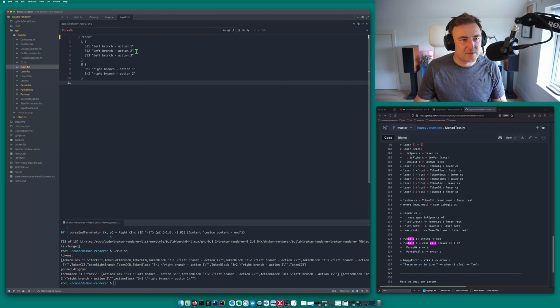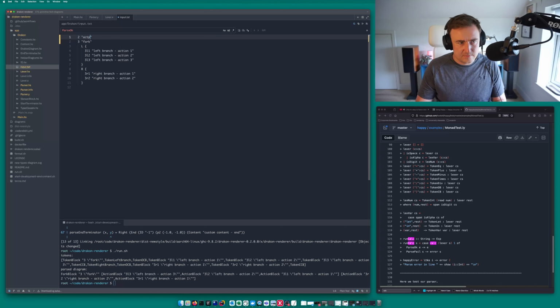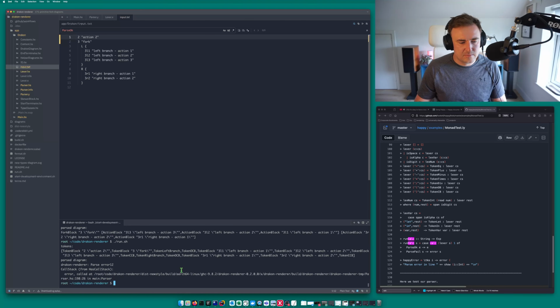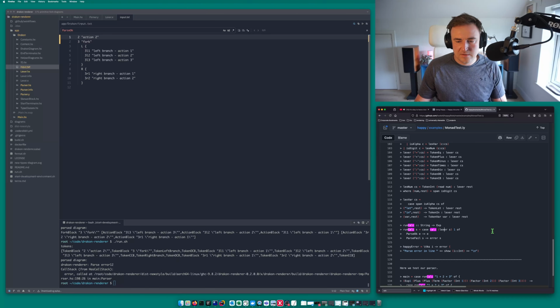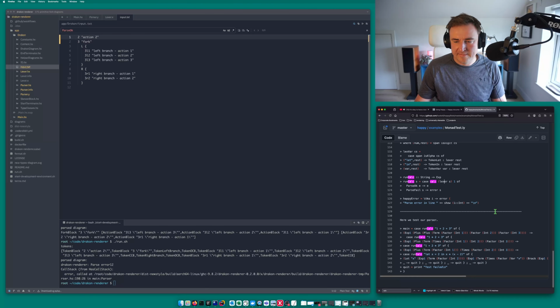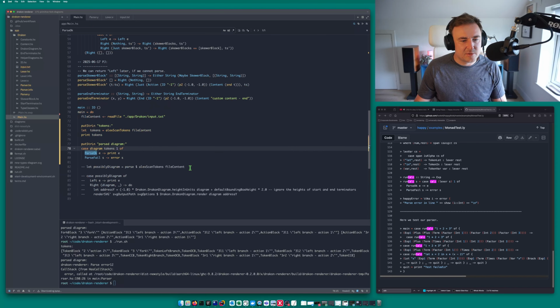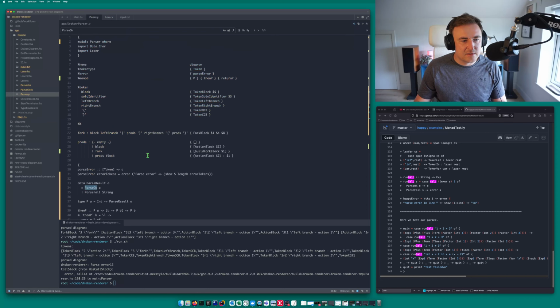Let's introduce an error here. Parse error 12. This is because we're printing the length of the list.